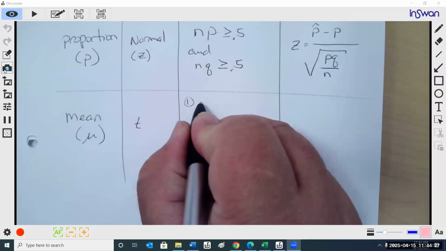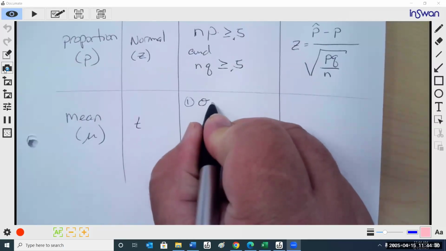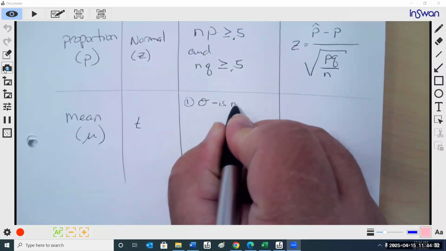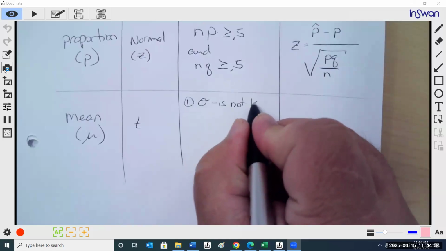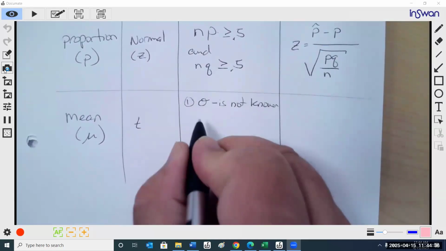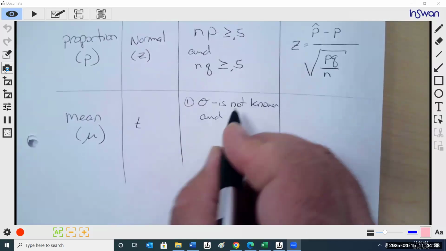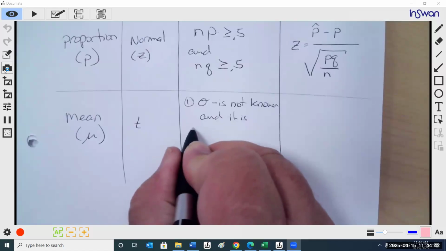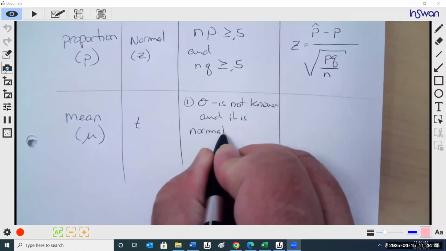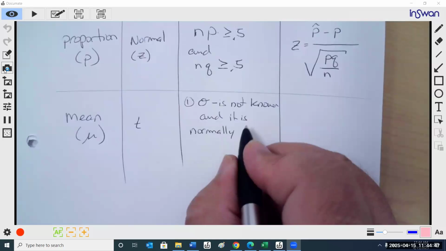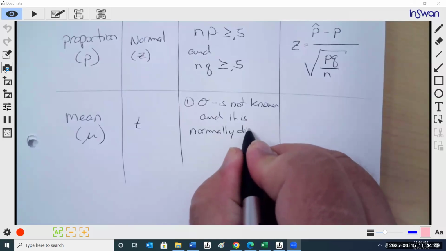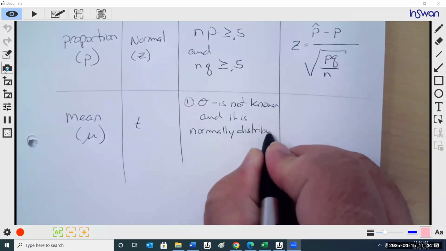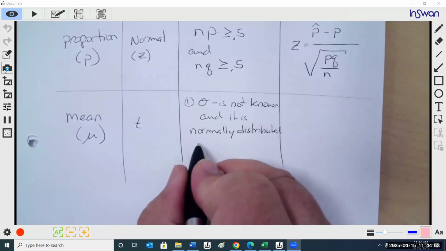One, the standard deviation is not known, and it is a normally distributed population,